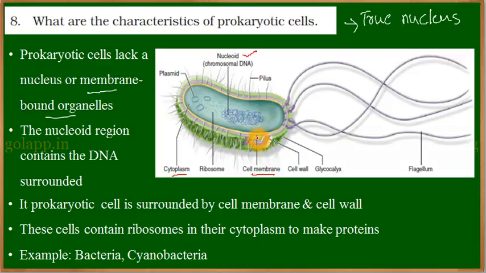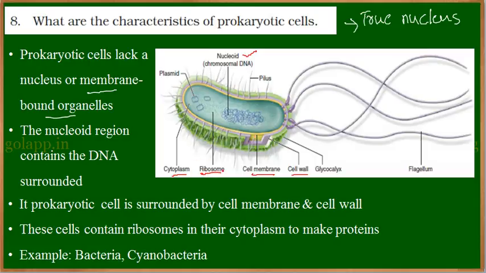And this plasma membrane or cell membrane is surrounded by another layer called the cell wall. So this purple color is the cell wall and the yellow color layer is the cell membrane. And certain prokaryotic cells have one more covering outside the cell wall, that is the capsule. The capsule is made up of glycoproteins. So a prokaryotic cell is surrounded by cell membrane and cell wall, and they contain one universal cell organelle, that